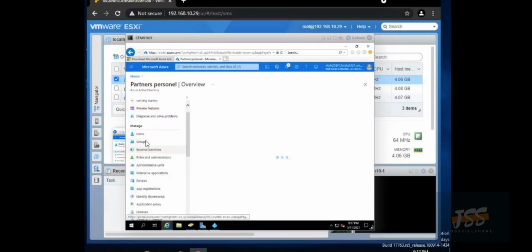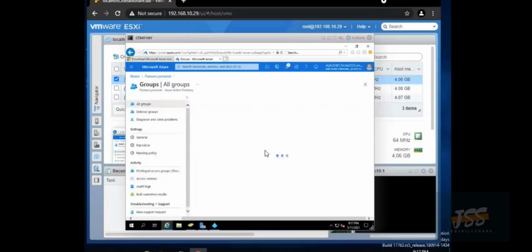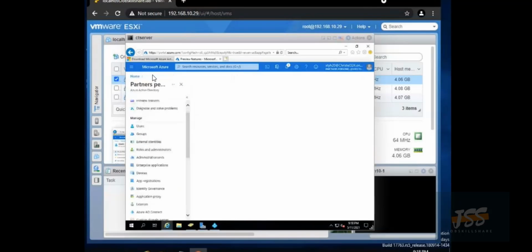Now the constant, when we go to the user. So in Azure AD Connect, we saw that the synchronization was enabled and took effect less than 1 hour ago. To confirm that the synchronization went through, we can also go